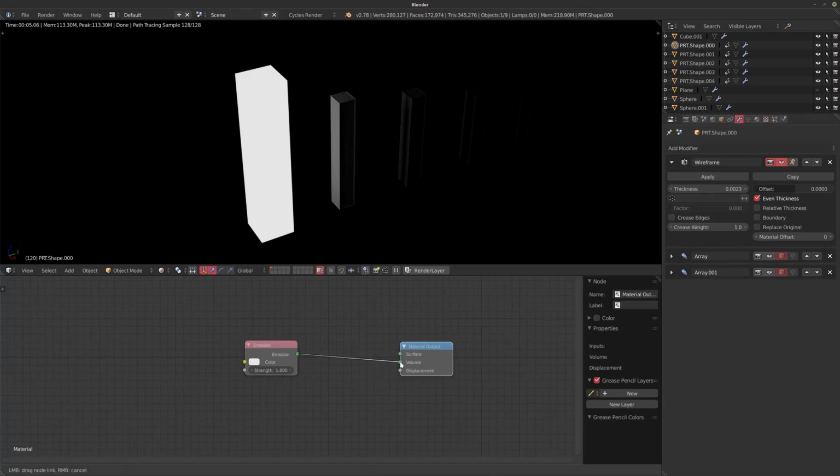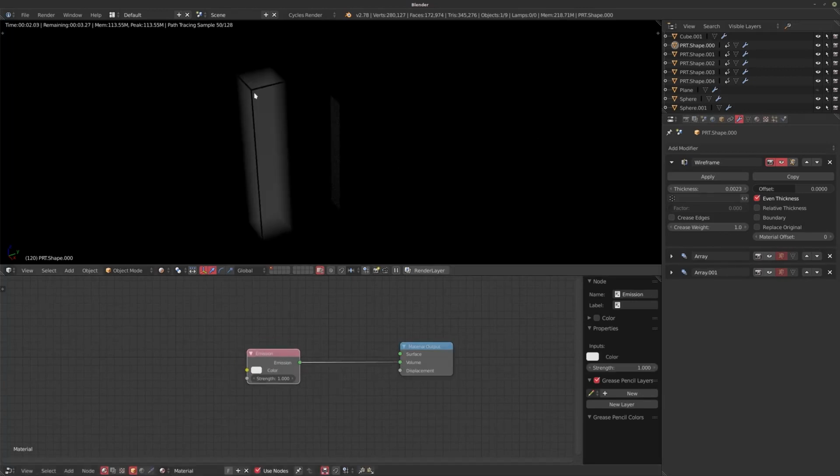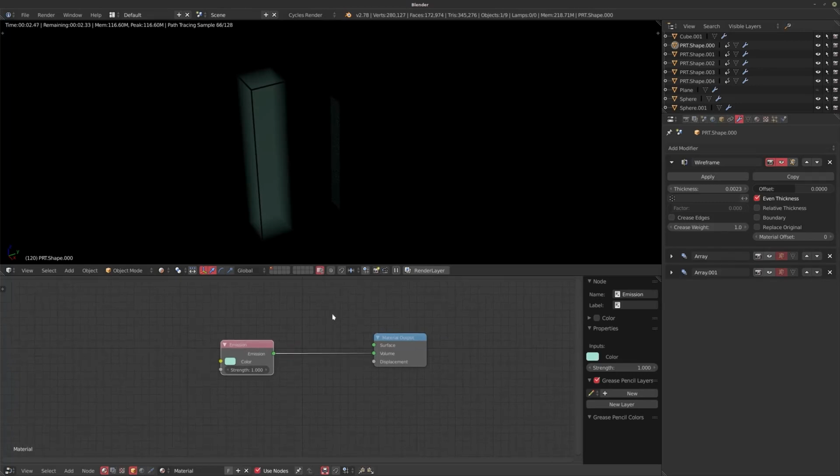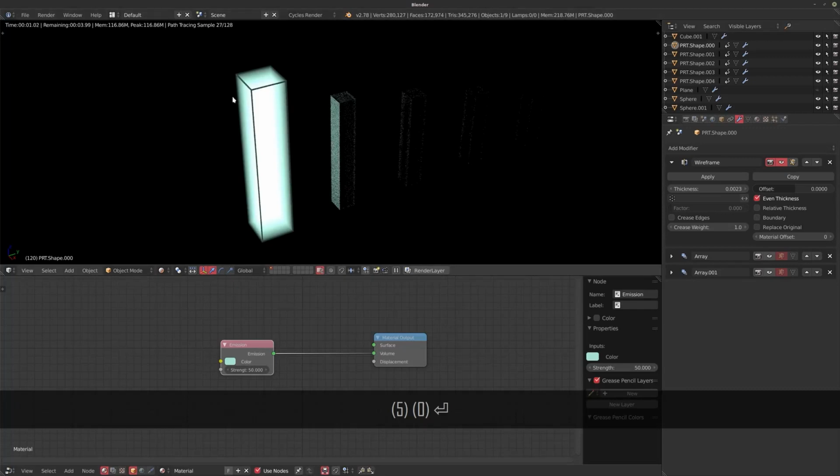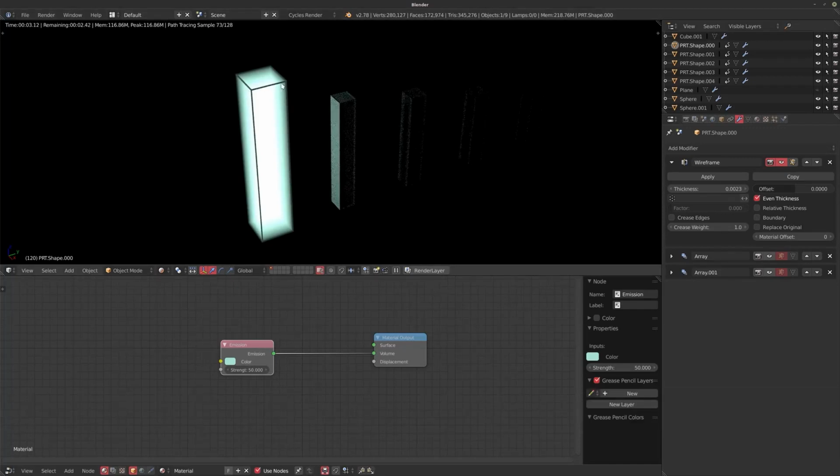So what I'm going to do is slot the emission into the volume slot, and as you can see, this becomes a lot more interesting to look at already. I'm going to color it just a little bit, make it green, bluish, something similar to the final file. Now the other thing you might notice is that the wireframe isn't lighting up. That's because this, in comparison to the volume that it's shading with the emission, is very thin, so you're going to have to have a way higher value to actually make these edges light up ever so slightly.